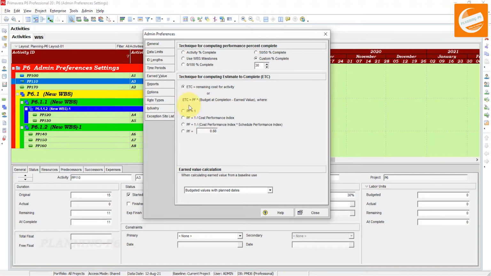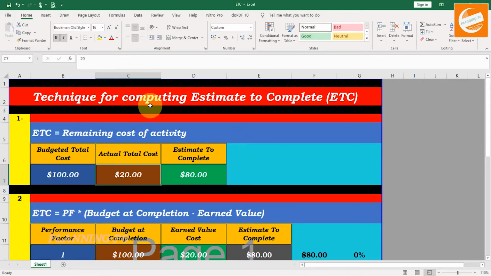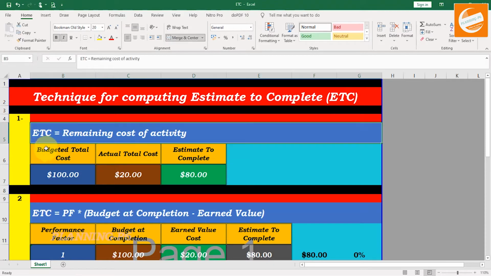So I have prepared one Excel sheet to help you understand this, so I am opening that Excel sheet here. This is the technique for computing estimate to complete. The first option is estimate to complete is equal to the remaining cost of the activity.